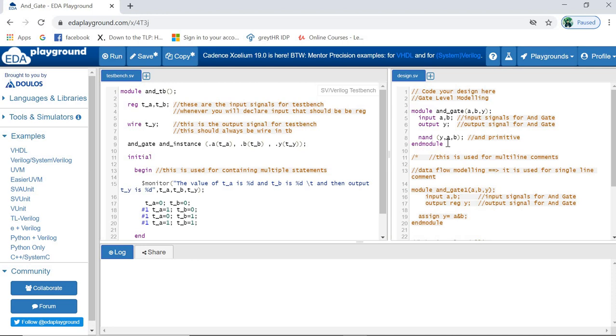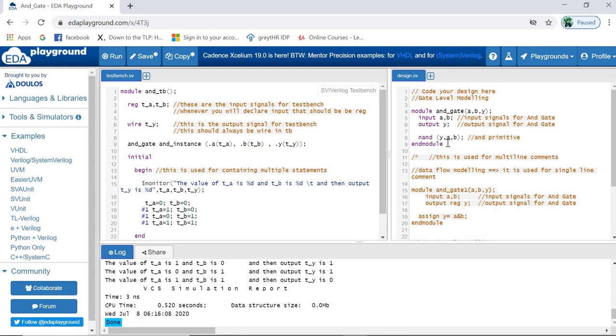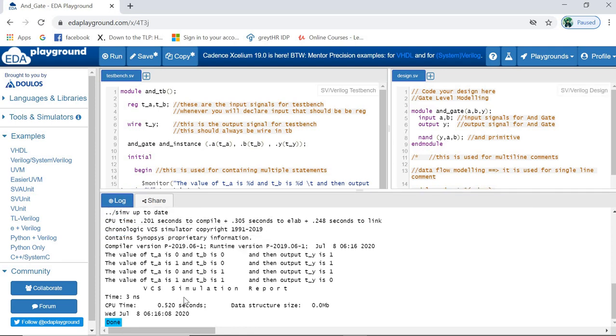Why I'm doing this: you do not have to worry about how you can write the different codes. I will write different codes and show you here. But for the time being, just understand how these gates can be implemented. Now see, the NAND gate is like a NOT of the AND gate. So here you can see, when both inputs are 1, then the output will be 0.